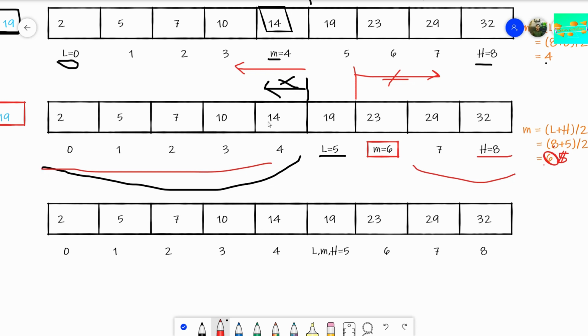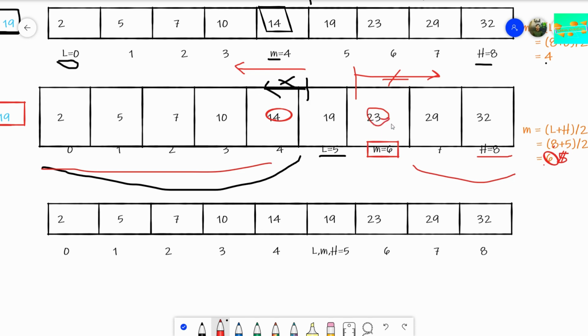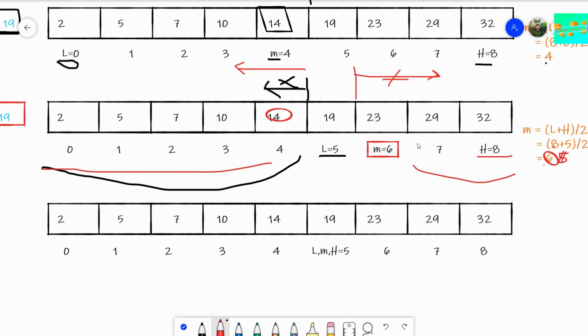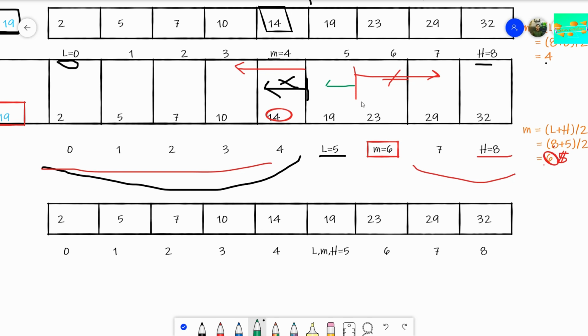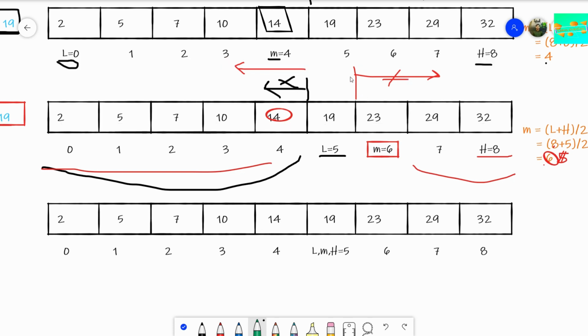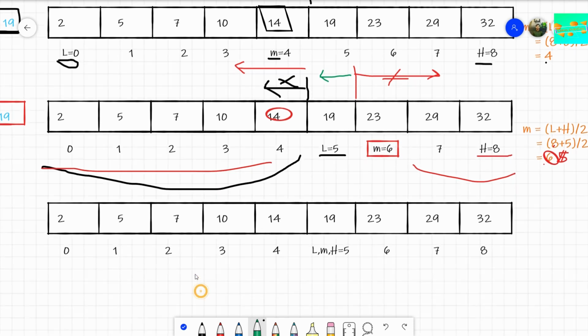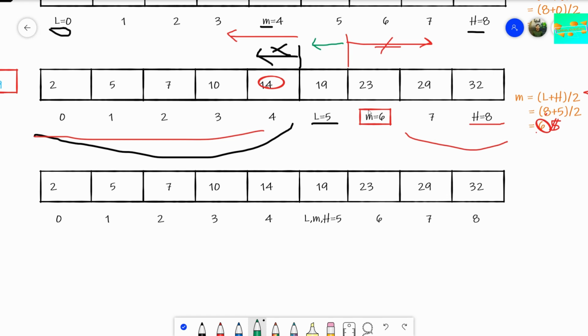We found that 14 in the first step is not our search, so we need to look for a greater element. In the next one, we found that 23 is not our search, so we need to look for smaller elements, and we are left with an array like this.